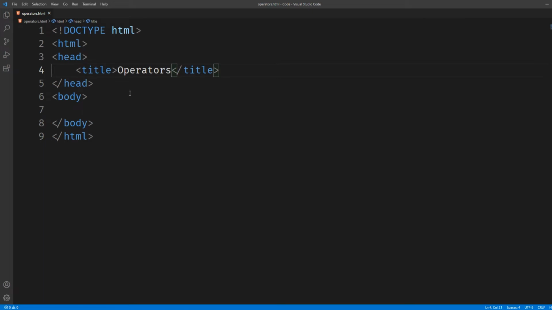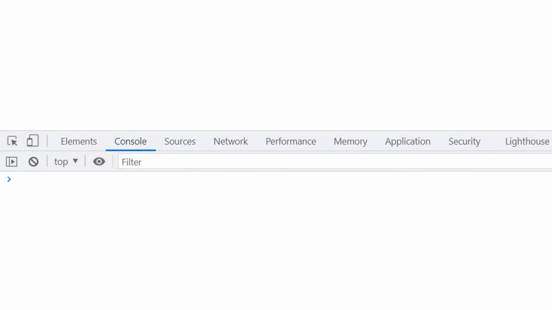Same as before, I've created a new HTML file named operators.html. In this file I won't do anything, but I will open it in my browser and there I will show you all the JavaScript operators. So let me head over to my browser. I've opened the file operators.html in my browser, and let me open the console using the Ctrl, Shift and J keys. Let me define some variables. Let's suppose A is, press enter, and they are stored.